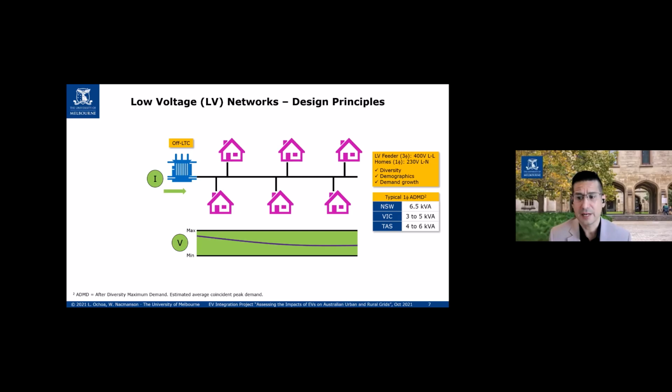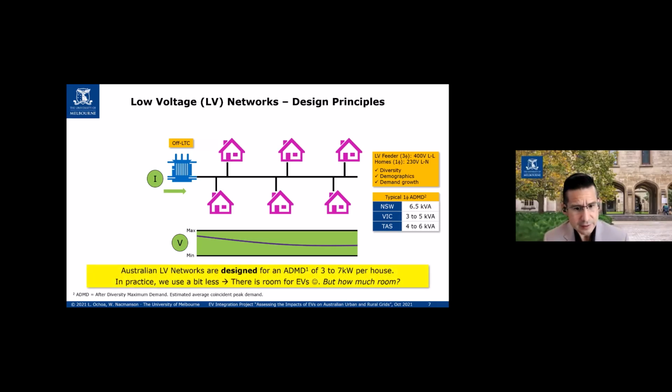And in Tasmania as well, it is much higher than in Victoria, all because of the different use of electricity. So in New South Wales, you can argue that people have many more air conditioners or even a swimming pool. In Tassie, you have more people using water heaters with electricity, or more heaters in general with electricity as well. So all of these changes how we dimension these electricity networks. And this has also various impacts on electric vehicles, all right, and the effects on the networks themselves.